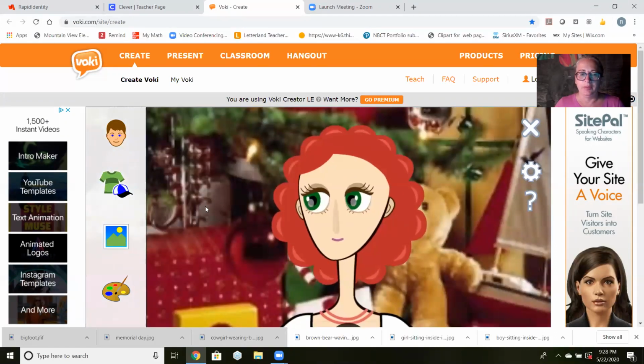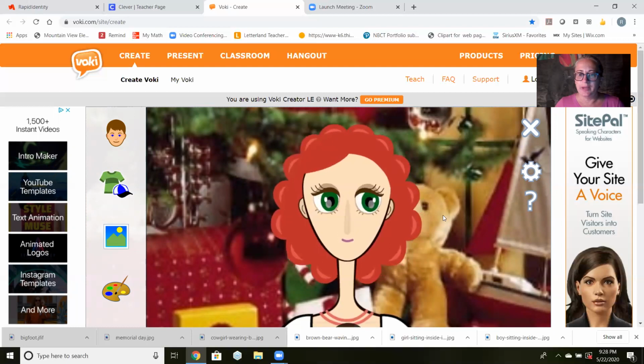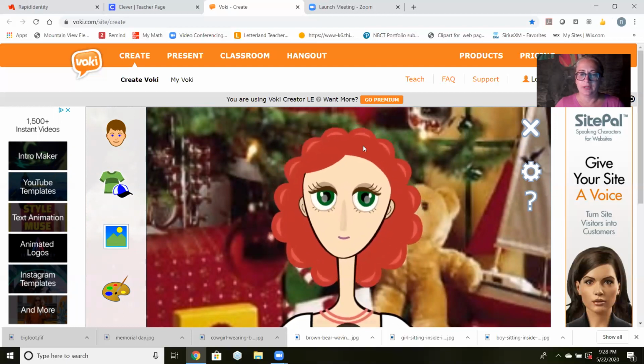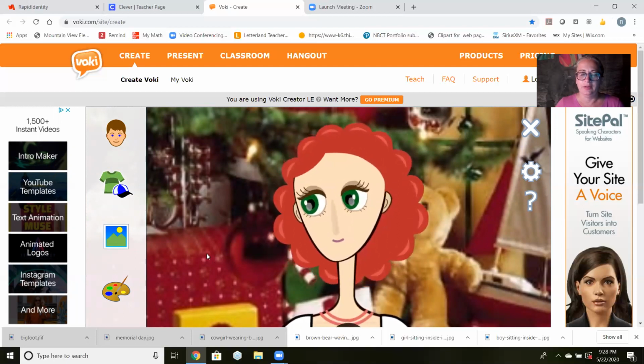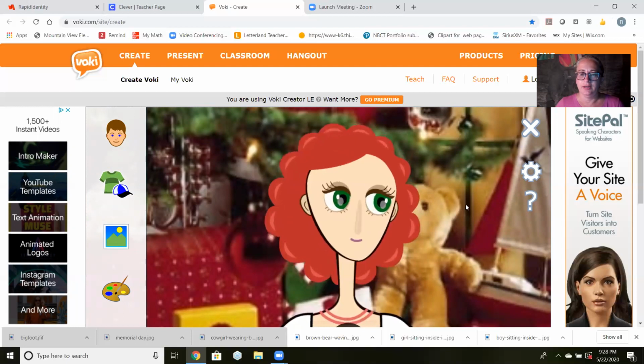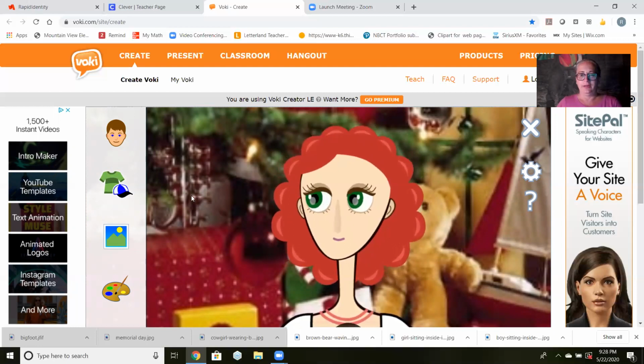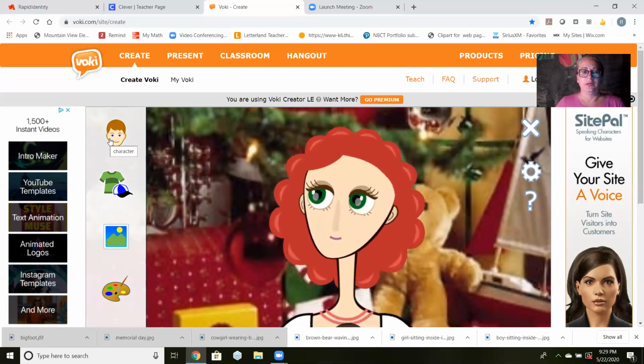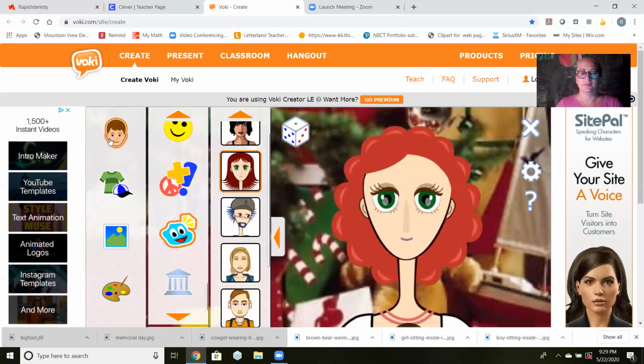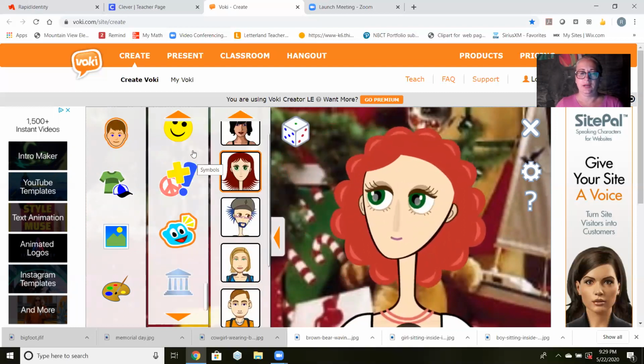See? But what's neat, as you move your mouse, it follows where your mouse goes. Go up, it looks up, it looks down, to the left, to the right, and if you bounce it, look at her eyeballs bouncing. So this is neat. So to create a Voki, you first come over here and click your character. Okay. Now you get all these, but this is not all of them. In this little column right here,